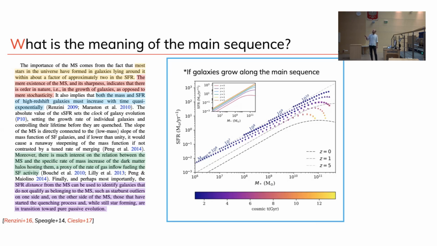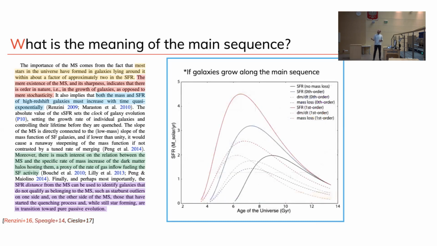Not only that, but if you assume that galaxies are growing on the main sequence, you naturally have a certain specific shape of the star formation history. If you start at the very beginning, you see the galaxy at some stellar mass, and you just follow it as a function of time. The natural outcome is a star formation history, which is the star formation rate as a function of time, that has some sort of rise and then decline. That's just out of the assumption that the galaxies are growing on the correlation.